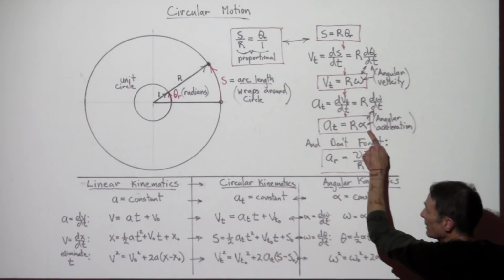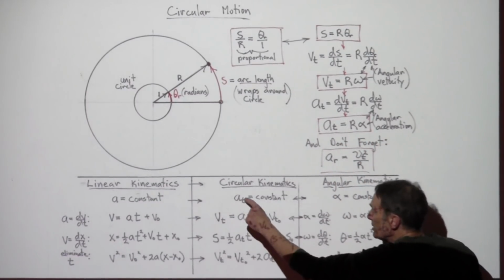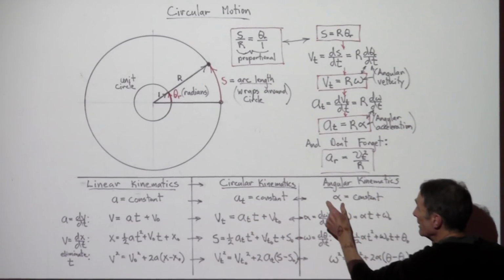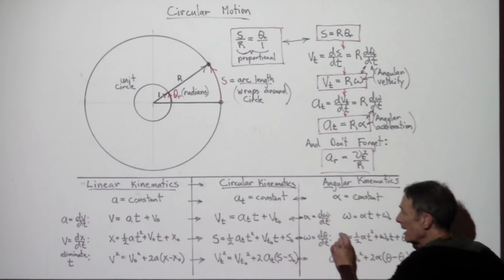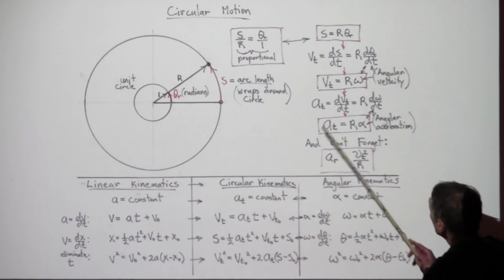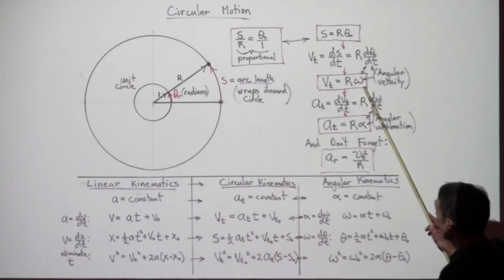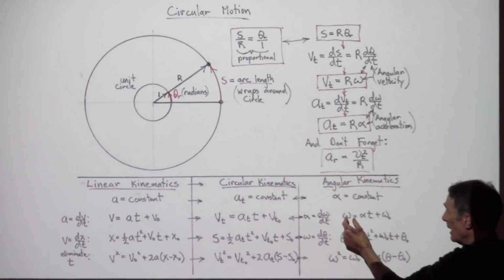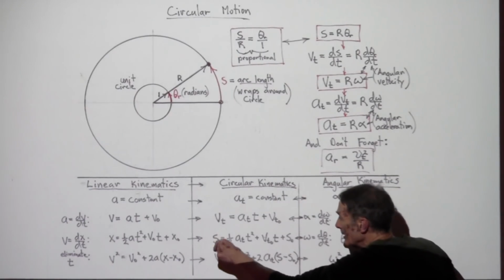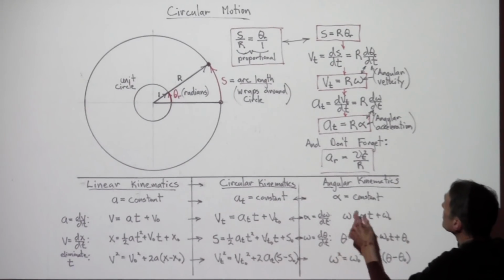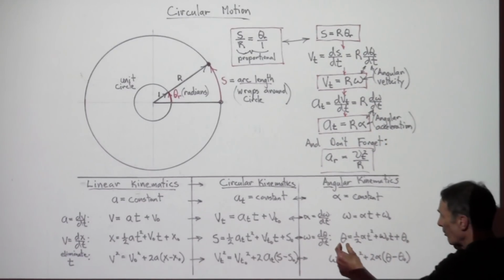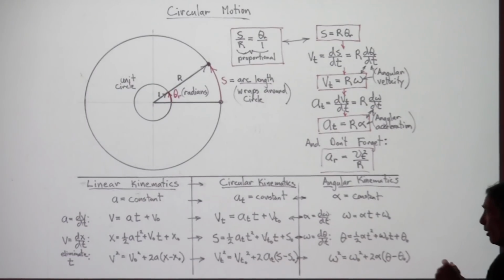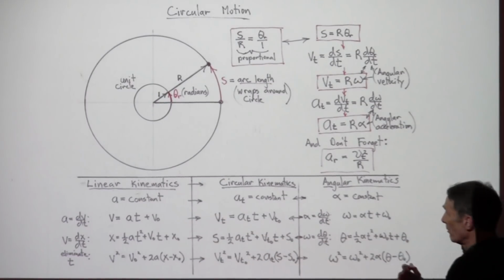A_T is equal to R times alpha. So if I just take this and divide by R, I will get this, this will be alpha. Instead of tangential acceleration, tangential velocity was R times omega. I can divide out an R through here and just get this in terms of omega. The S I can divide through by R, and that's going to just be this angle theta. So we can translate it this way, or we could do something similar to what we did over here, where